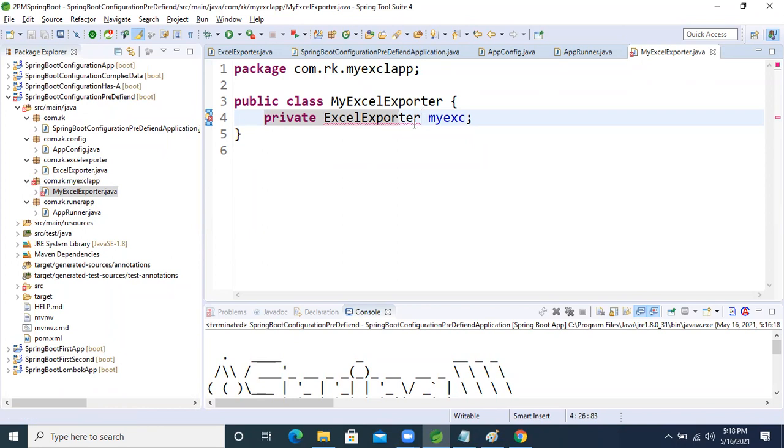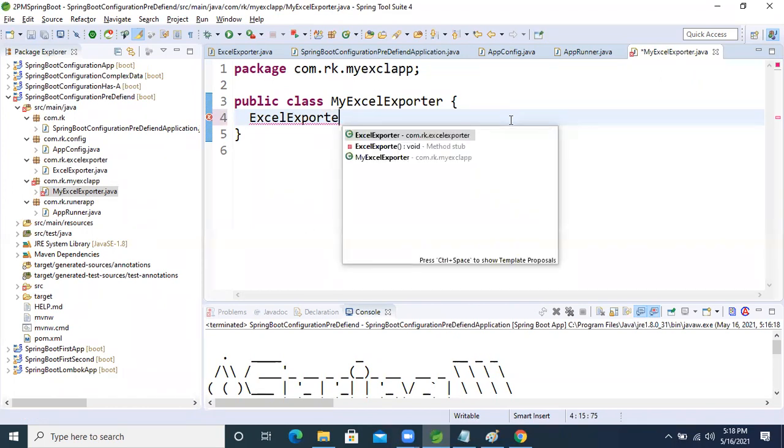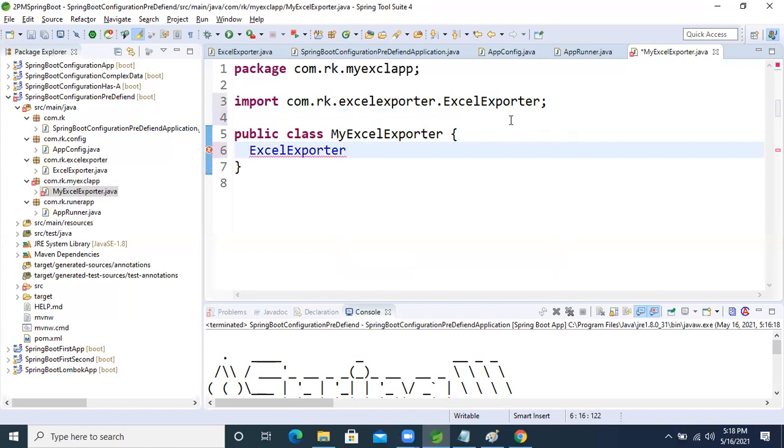My Excel, control shift O. Yes, what is that? Ex app, just I'm taking, right? Now take this one as what?